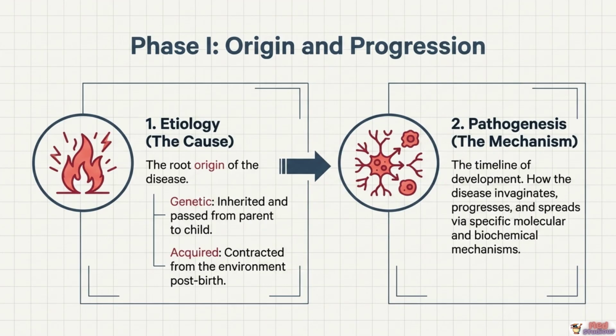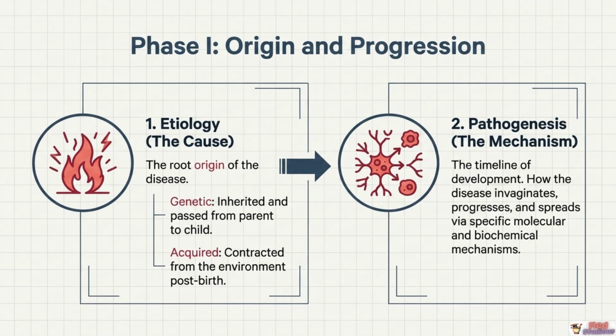Once the etiological trigger fires, pathogenesis begins, the timeline of disease development. Pathogenesis describes exactly how the disease develops, progresses, spreads, and produces its characteristic features through specific molecular and biochemical mechanisms. Understanding pathogenesis is critical because it reveals the precise intervention points where treatment can interrupt disease progression, the molecular targets